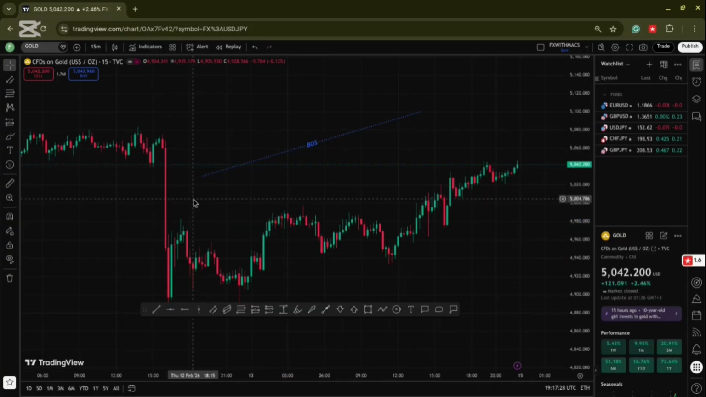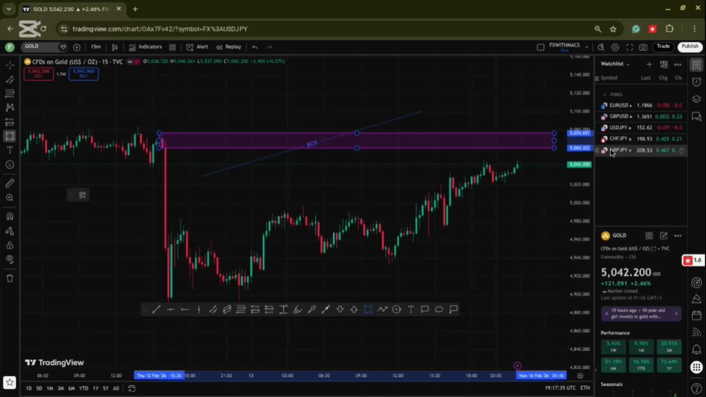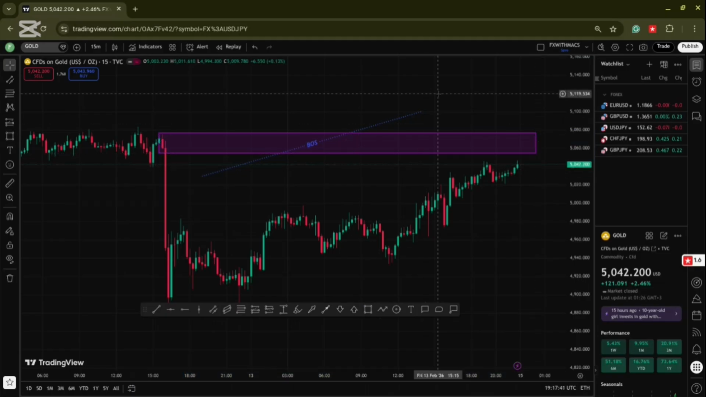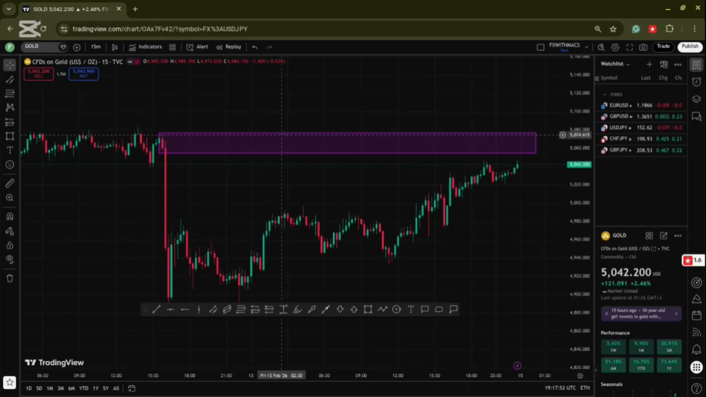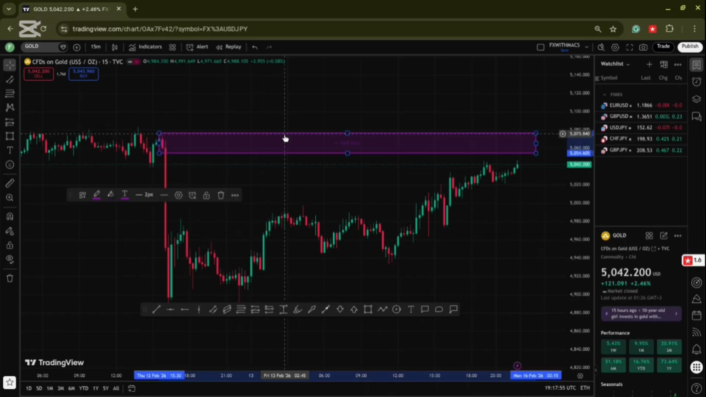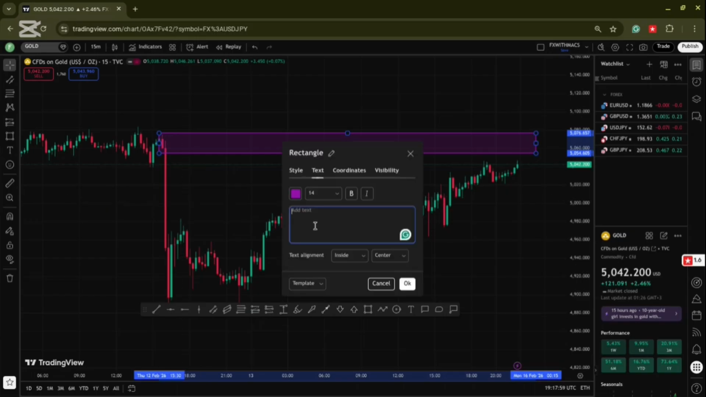For example, another point, you might use your rectangle to mark your levels. For example, if I want to mark my supply zone, supply level at this point here, you can see now I'm at the supply area. If you want to remove this one, I'll just come here and delete it. Now you can see I'm marking this supply zone here. I need to write it as supply. I'll come here to the settings on this bar, then I write